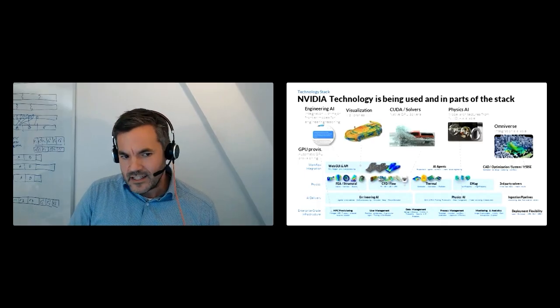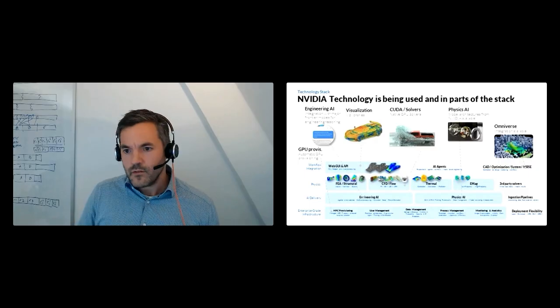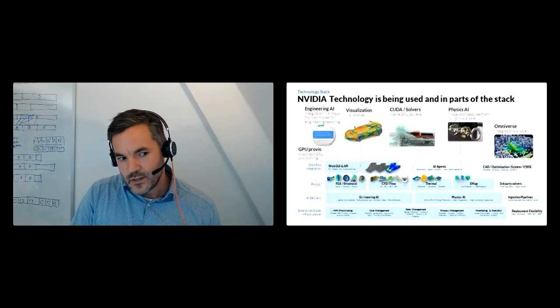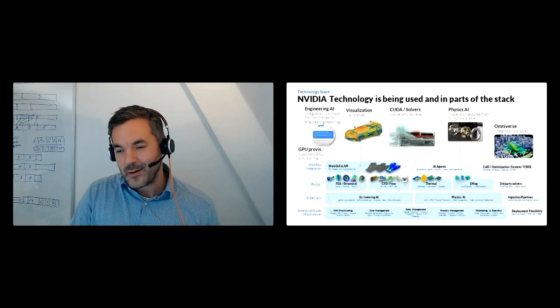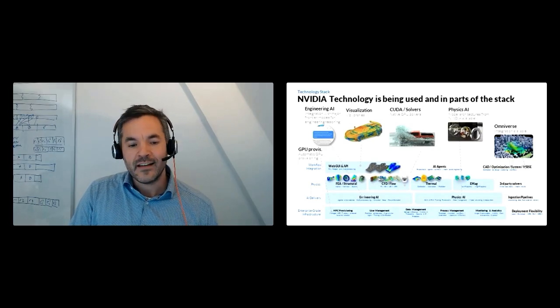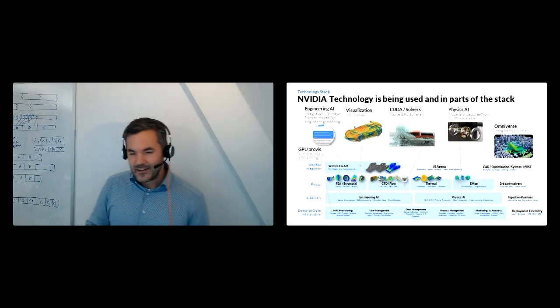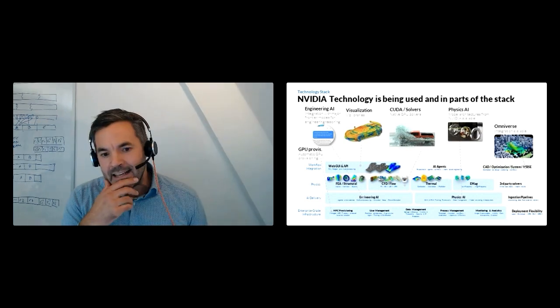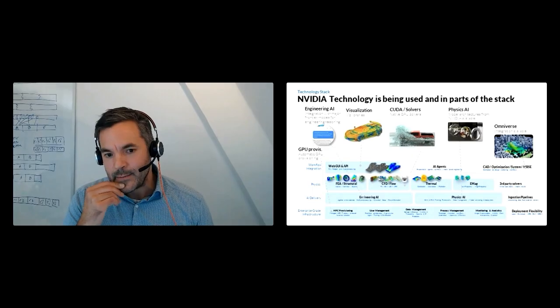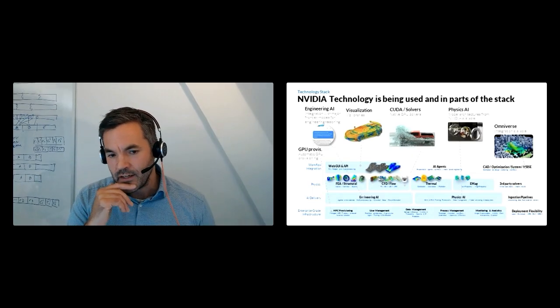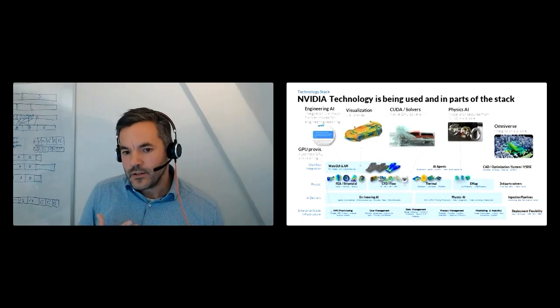Just to give a sense, we have GPU native solvers running in production, where the entire compute happens on GPU, and some GPU acceleration of CPU-based solvers. There's an Omniverse integration for visualization, where NVIDIA technology is behind it. Of course, automatic provisioning of GPUs for training, for solving, for inference. On the visualization stack, there's some NVIDIA technology, and in the physics AI system, there are also components from NVIDIA, model architectures from NVIDIA. So we're excited to partner with them, excited for them to join us here today.